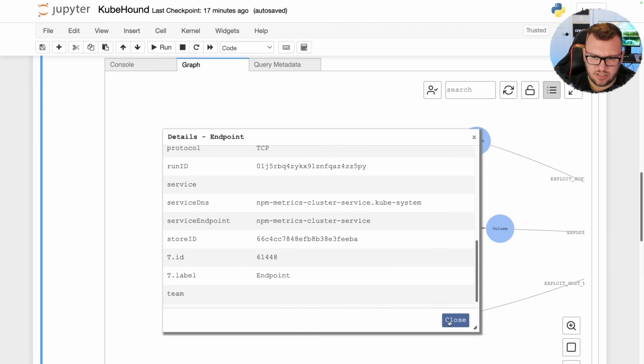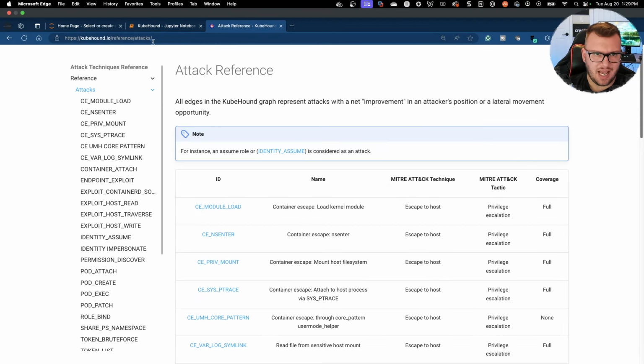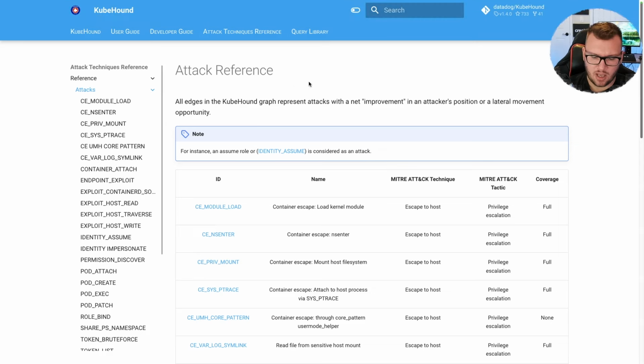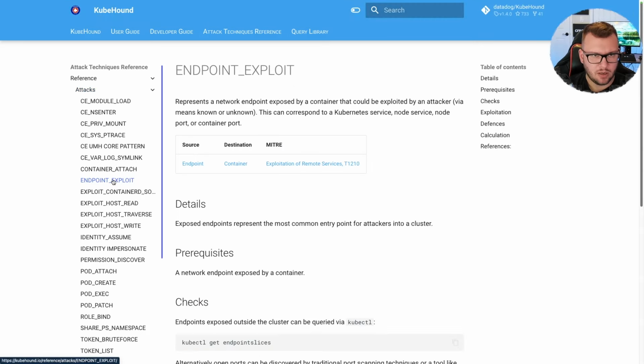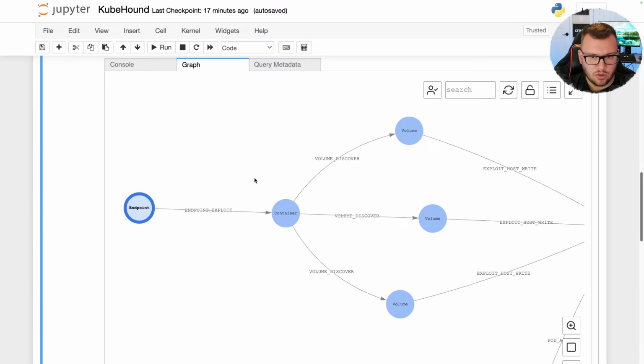So if we wanted to understand, okay, endpoint exploit, well, there's this attack reference. And if I just type in endpoint exploit, we can see it represents a network endpoint exposed by a container that could be exploited by an attacker via means known or unknown. Okay. Now, if we go a little bit deeper in here and I click on the container,